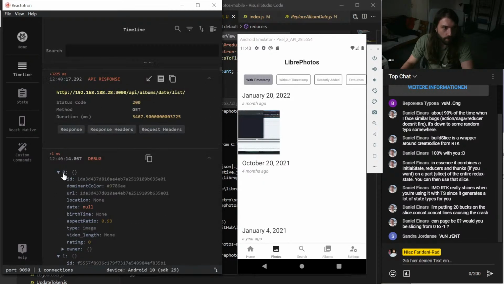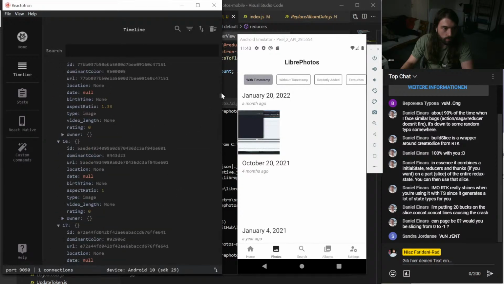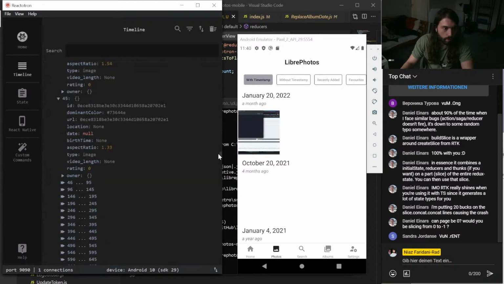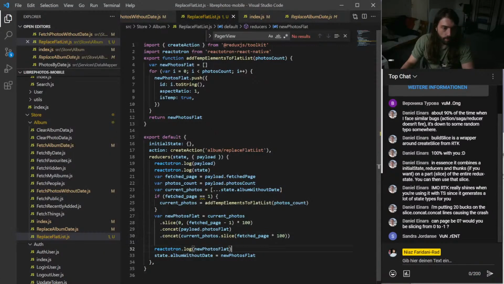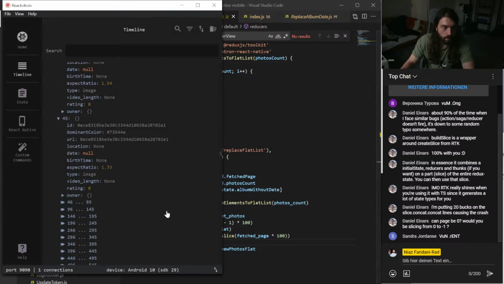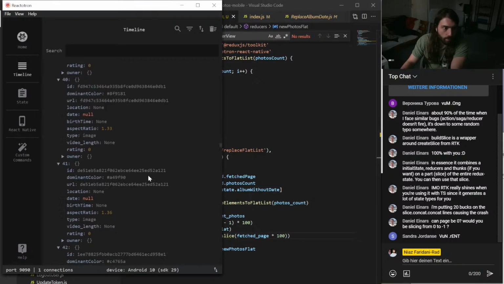Yes, this also works. It's like a lot of elements and then a lot of temp elements. Very cool. So I think if we now look at the state, then we also should see something.